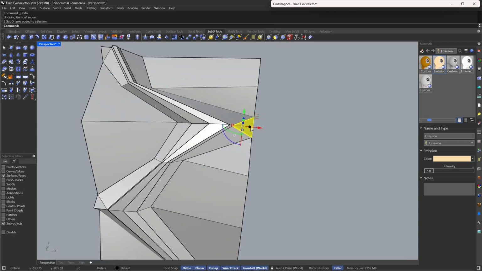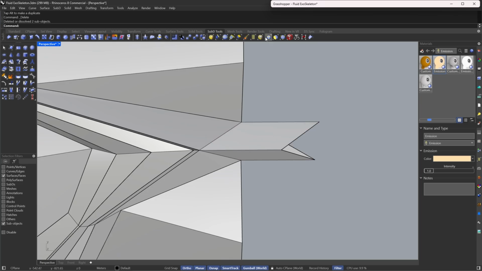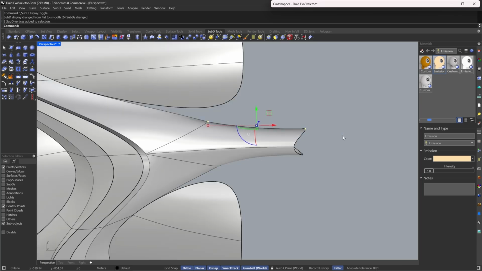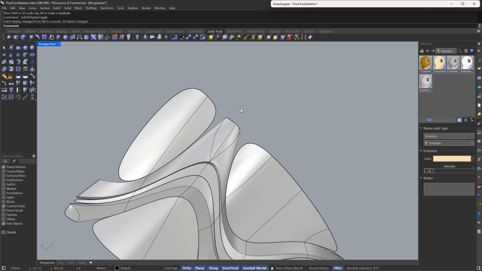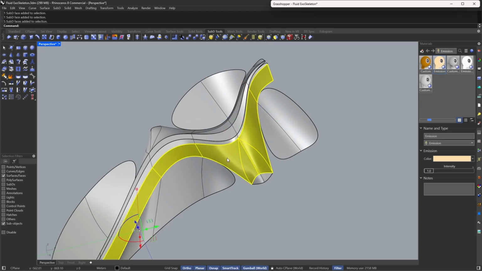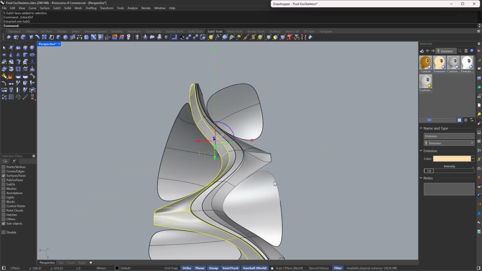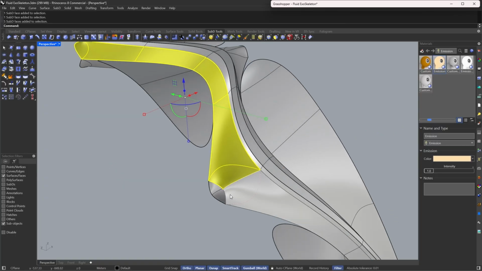So I think in this case we will just do the same that we have done with the other one, which is to delete this one, and then we are going to stitch those 2 points to here, and those 2 points to here, and then we are going to move those 2 points, Gumball relocate, and just like that, which is exactly what I want. And then we will remove all of these, extract, and then make sure to extract